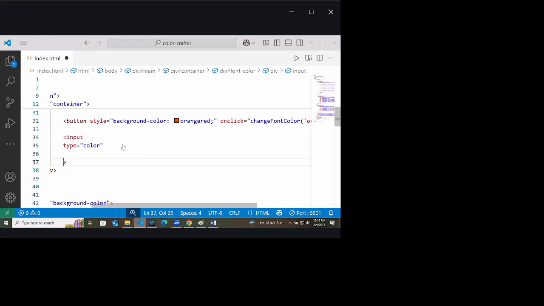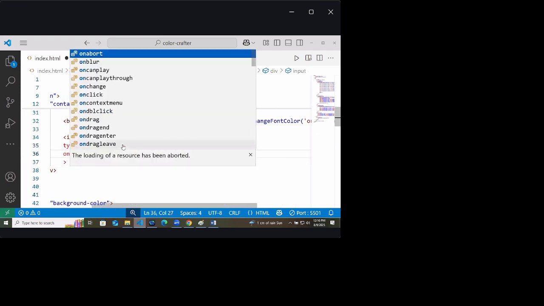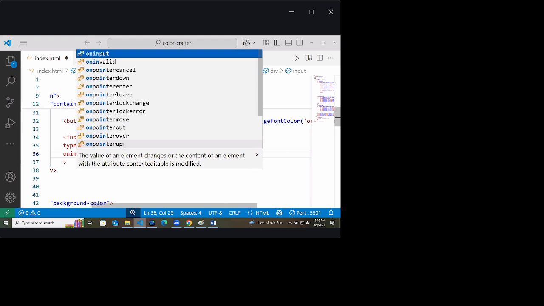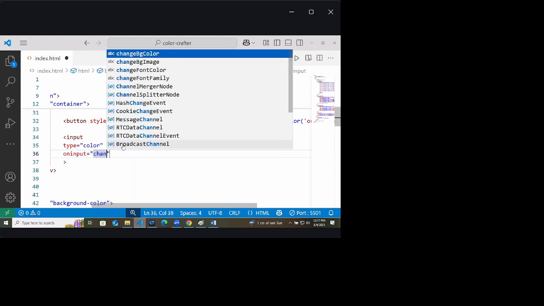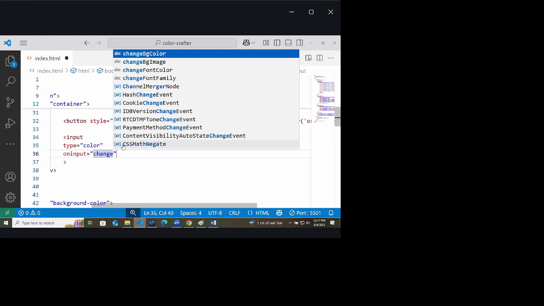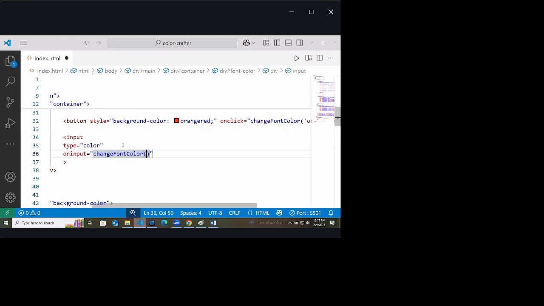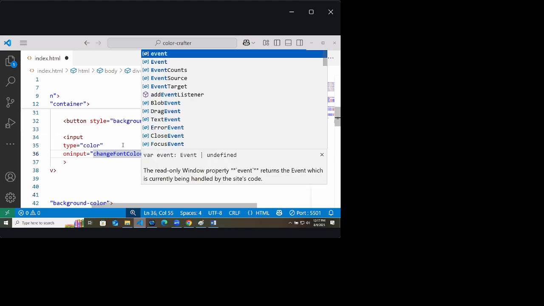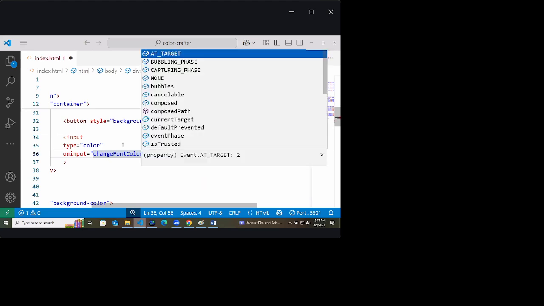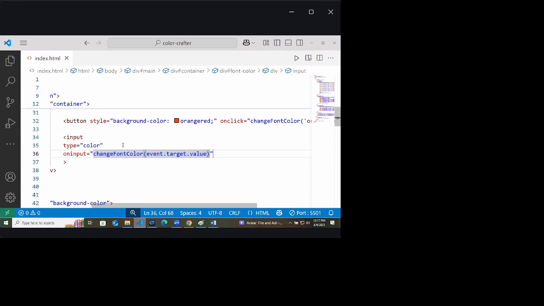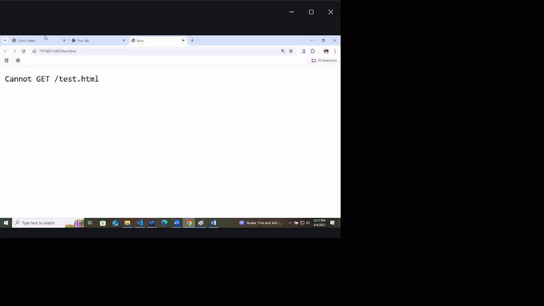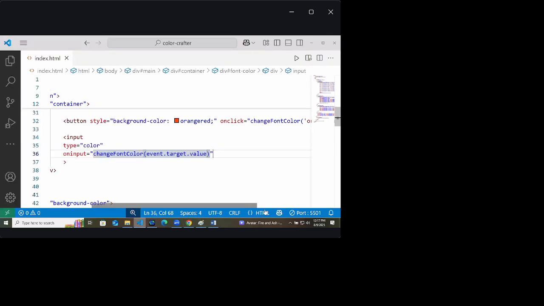If you are having any input, you will call the function change font color, but you have to send one color value. Now we know where the color value is: inside event target value. Let's test it. So at first, start it now.